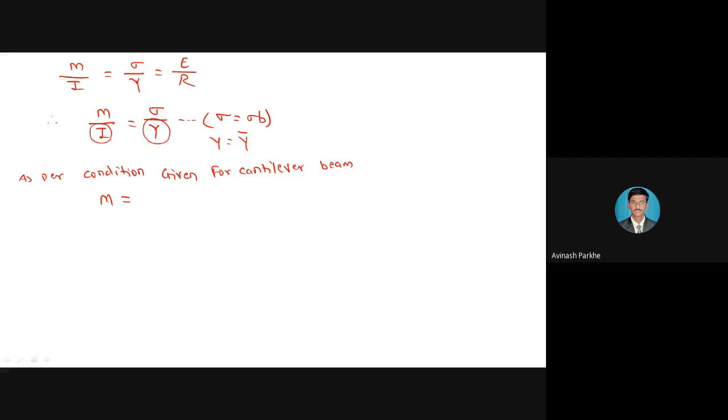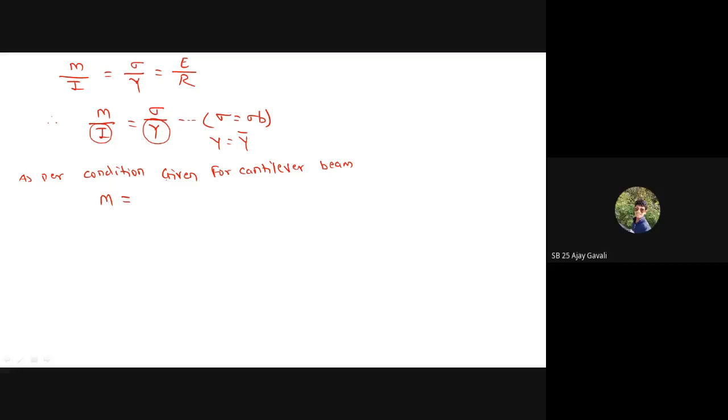Capital M is not given in the statement, but in the last lecture we discussed the standard cases: simply supported beam with point load, simply supported beam with UDL, similarly cantilever beam with point load and cantilever beam with UDL. So these are the 4 standard cases, having 4 different formulas to calculate the bending moment as a capital M. Now we have the condition of a cantilever beam with point load at the free end. Then what is the M formula? Please tell me, what is the M formula?